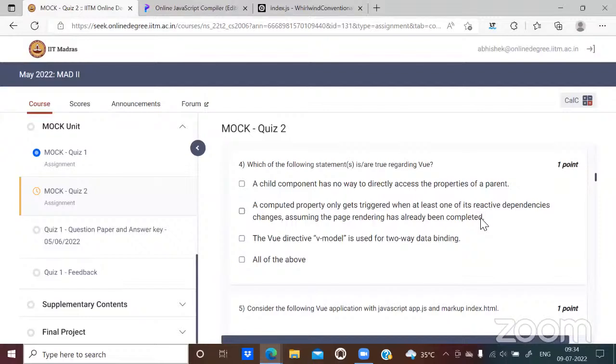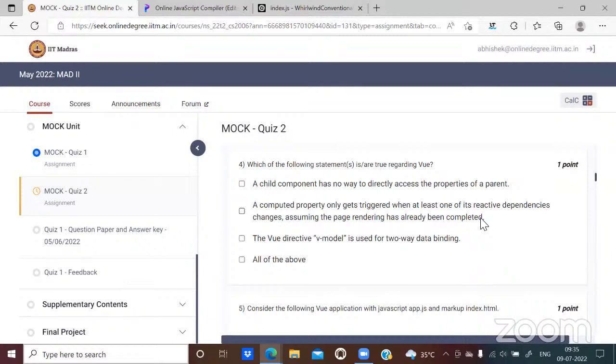Then is it undefined in that case? Because the whole purpose of using a computed property is this thing itself, right? What we want is, we don't want a certain function to be triggered until and unless any of its internal variables change. Until then, the value is going to be stored somewhere in the cache, and that cached value is going to be used.